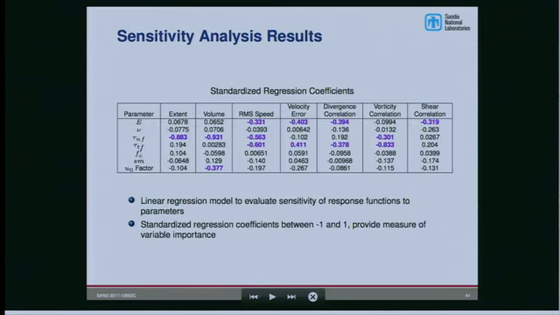If we look at standardized regression coefficients from the sensitivity study, the higher the number means the more dependence you have. And there's a lot of variability. Many of the, as I said before, this factor here really didn't have much of an effect on anything, so we neglect it going on.